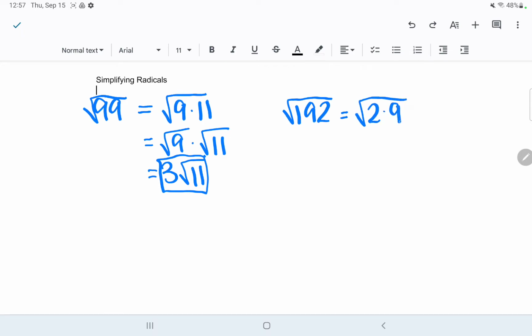This is 2 times 96. Now I'm looking at 96 and I can see that that is divisible by 4, and 4 is a perfect square. So I'm going to say I have 2, I have 4, and 96 is equal to 4 times